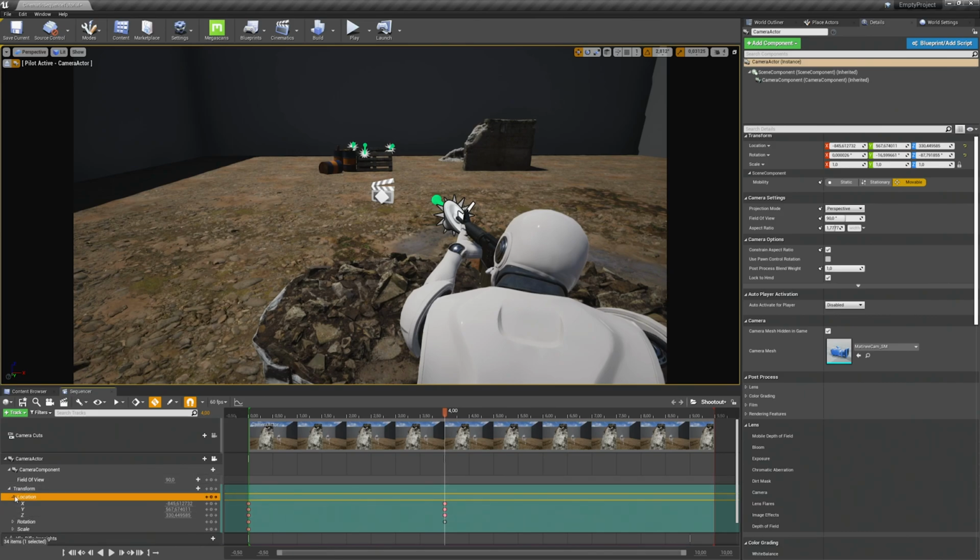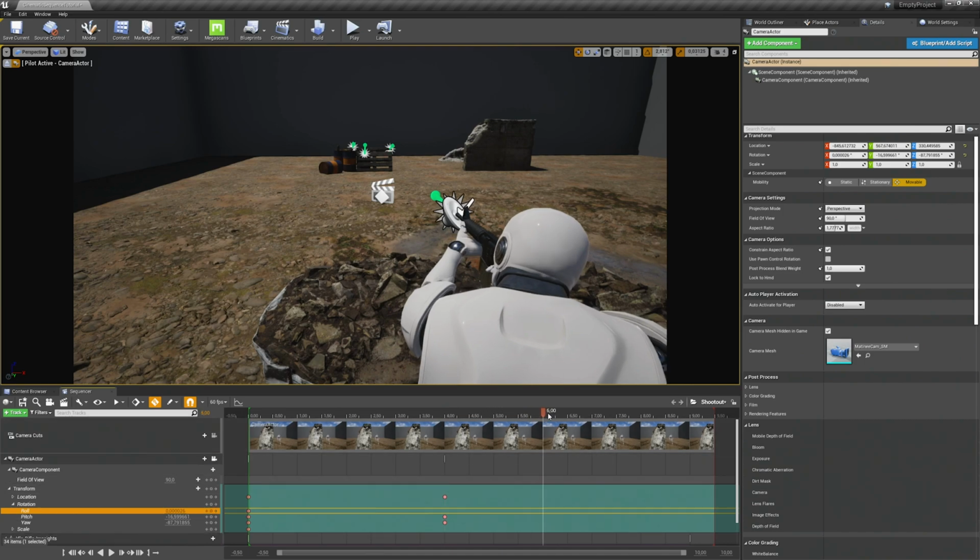And for the rotation, we only have a change for the pitch and the yaw. That's why we don't have any keyframe for the roll. That's what you need to have in mind when you animate via automatic keyframes, because when you have another keyframe, let's say sometime here, and you change the roll, it will also be affected at the 4 seconds point, because there was no keyframe set.